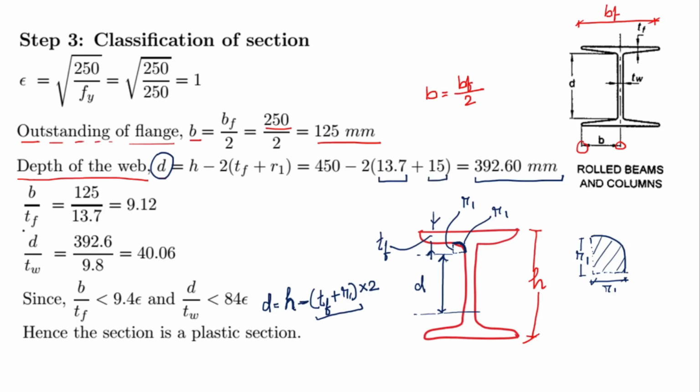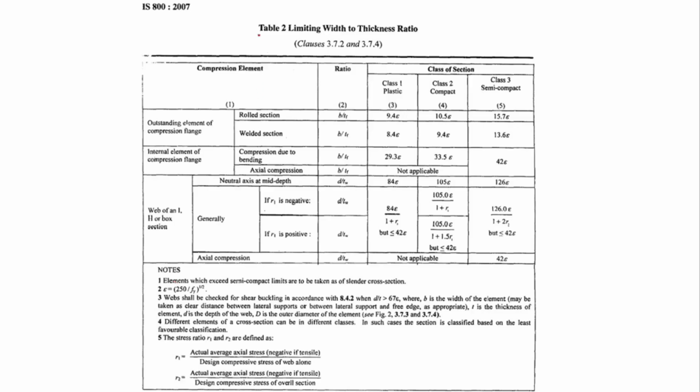Then we shall calculate b by Tf. Here b is 125, Tf is 13.7. d by Tw, here d is 392.6 and Tw is 9.8. So the ratio is calculated as 40.06. Now if you see table 2, for outstanding element of compression flange for rolled section, b by Tf